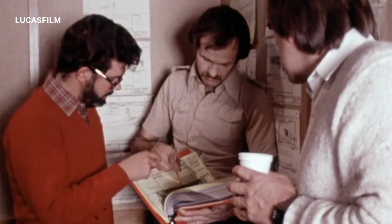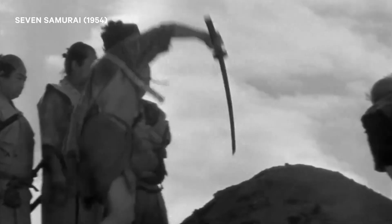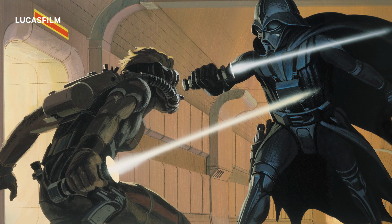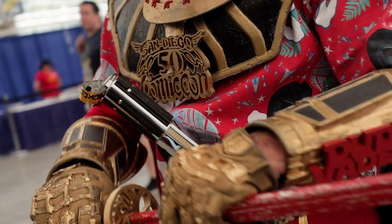When creating Vader and Star Wars in general, George Lucas was of course inspired by a ton of different sources. Old sci-fi movie serials, Doctor Doom, and most famously, the Jidaigeki films of the legendary Japanese director Akira Kurosawa, which directly informed Darth Vader's imposing armor. There's even been official and expensive action figures imagining what Star Wars would look like through a more traditional samurai lens, but even they lack the details of Chris's extremely cool costume,